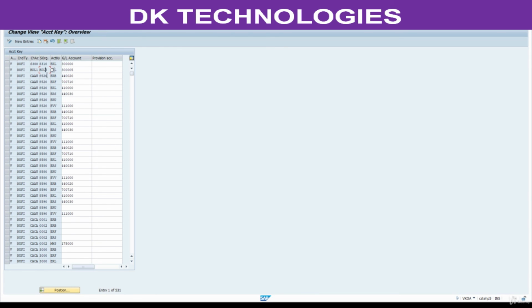So here we need to look for INT combination. Chart of accounts should be INT, account key is ERL. That we need to locate here. See, focus on this column. Wherever you find INT, then check ERL.